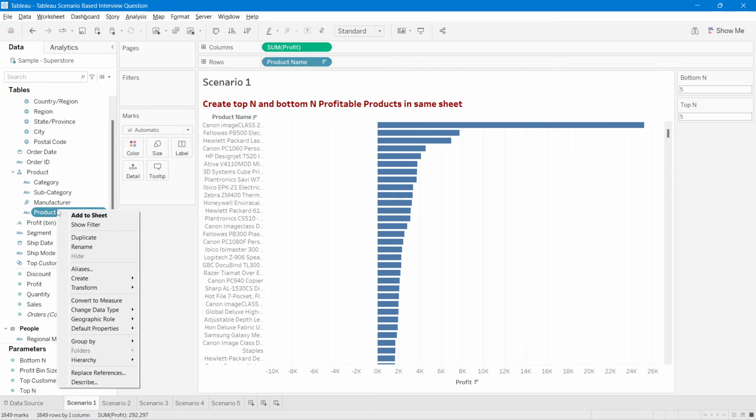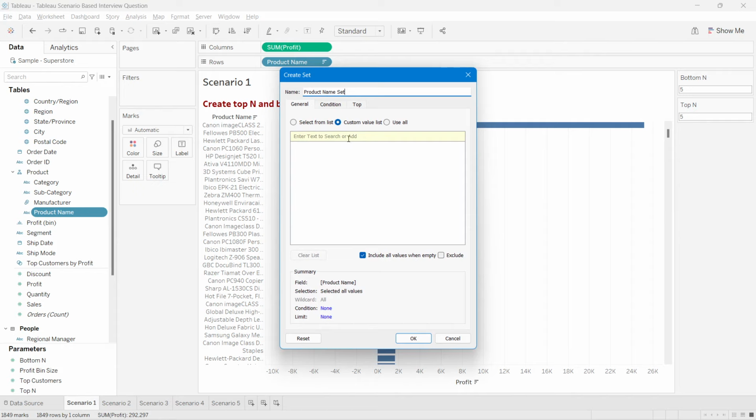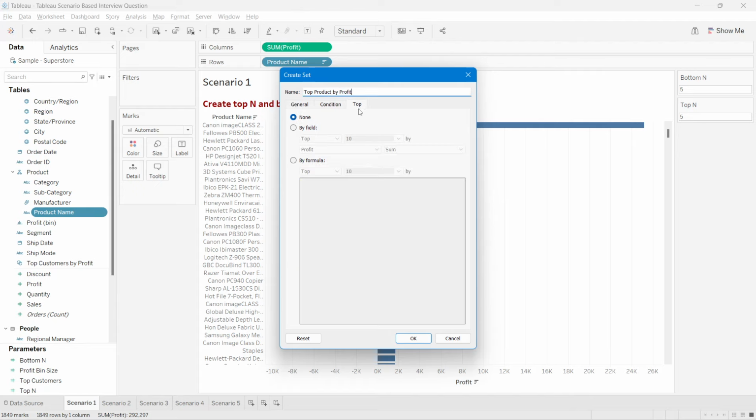So we will click on product name. We want it by product, so we will create a product set. We will right click on product, then go to set, and we will name it top product by profit. You can give any name whatever you want, and then we will go into this top condition,